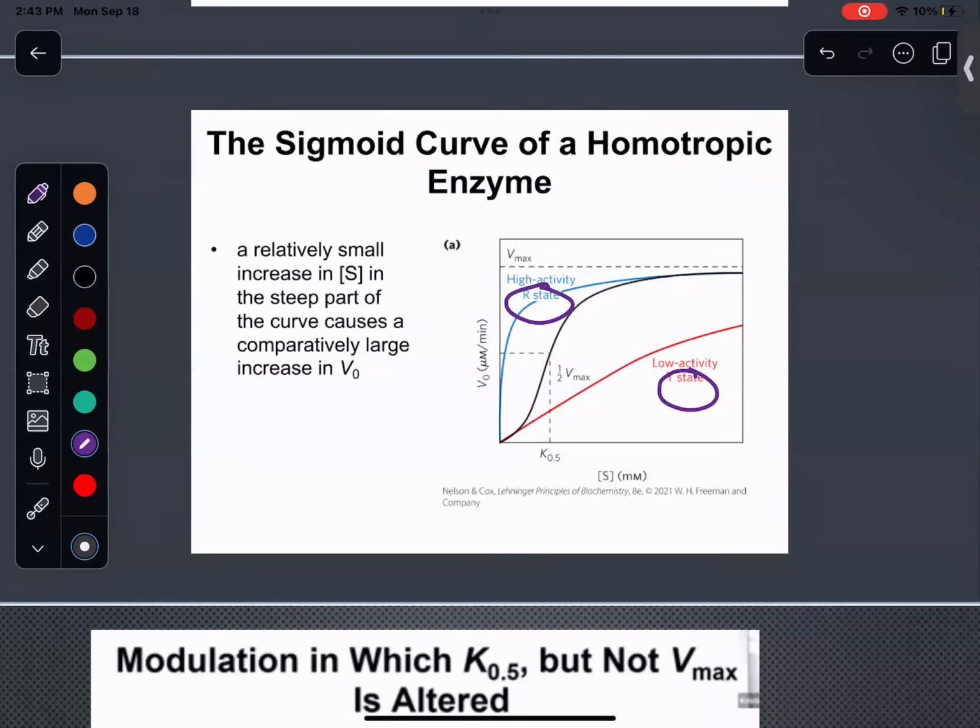So when we look at these curves, what do they tell us? That allosteric enzyme curve, which is going to be our black line over here, we're actually looking at a hybrid of these two. This black line in the middle is like if you took these two lines over here, added them together and took the average, that would be this sigmoidal curve in the middle. Does that make sense? Good.